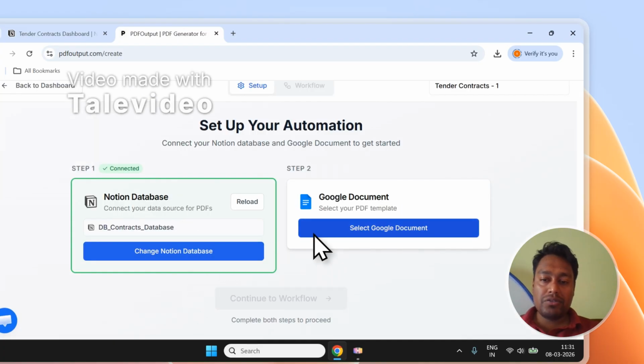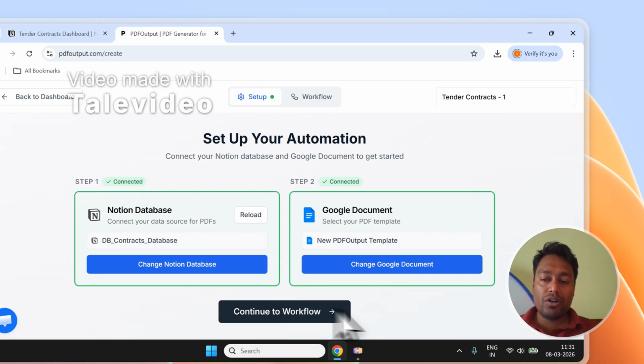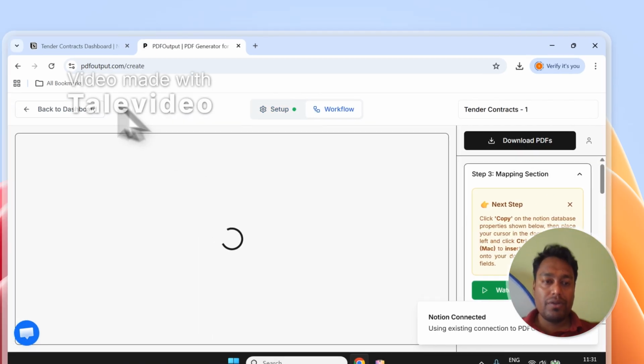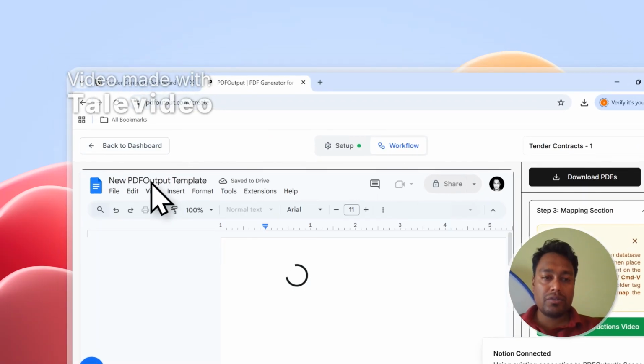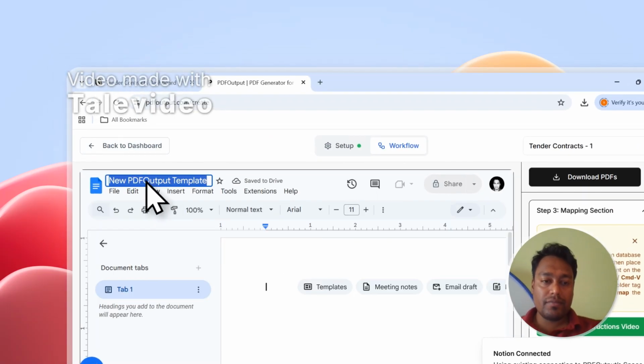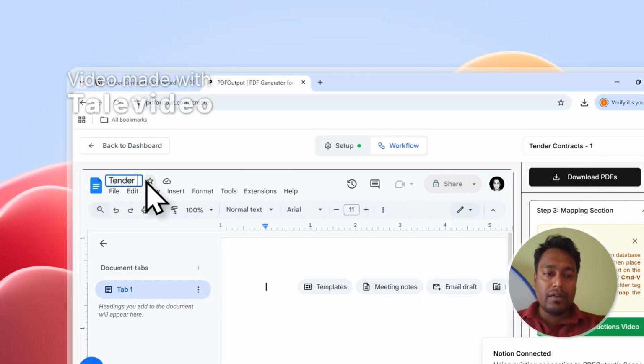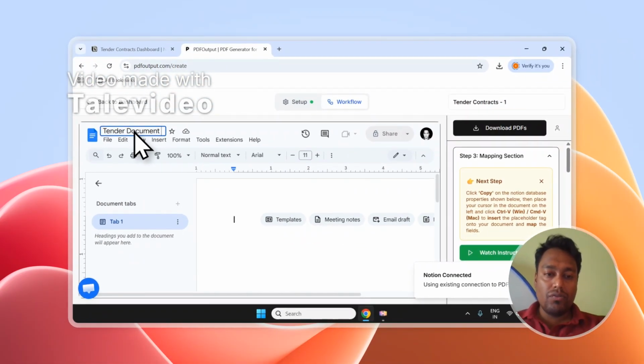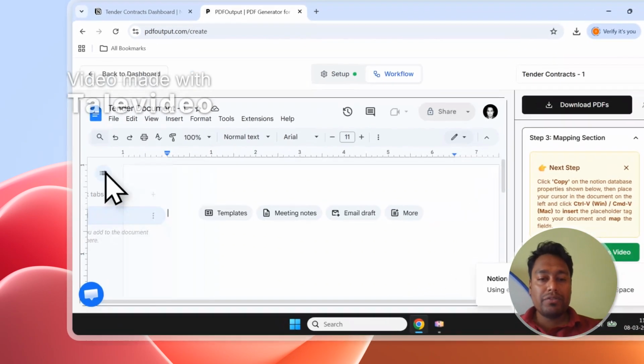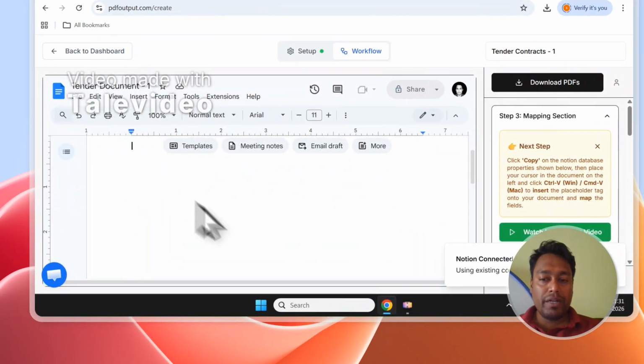I don't have any template available, so I will instead go with a blank document, and I will also show you how a demo document will work. So I'll click on continue, and let me rename this to something like tender document 1. Okay, now if you see, we have this Google document which is opened up over here, which